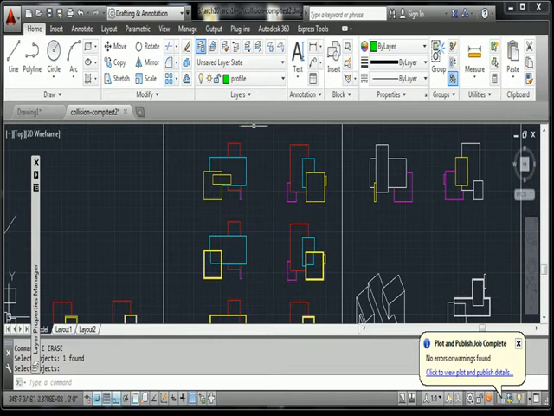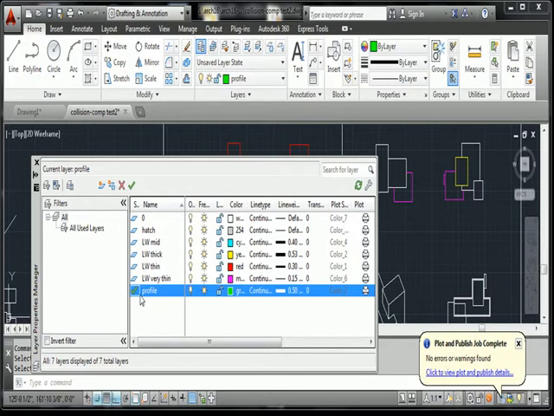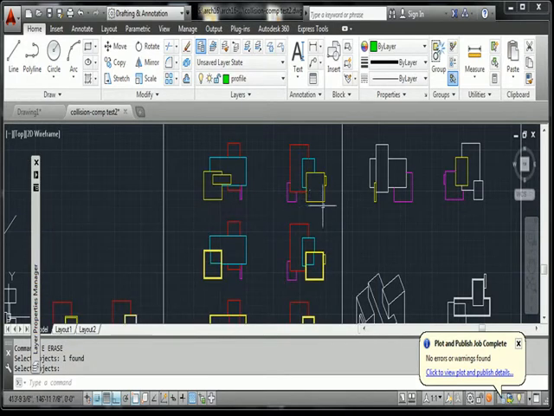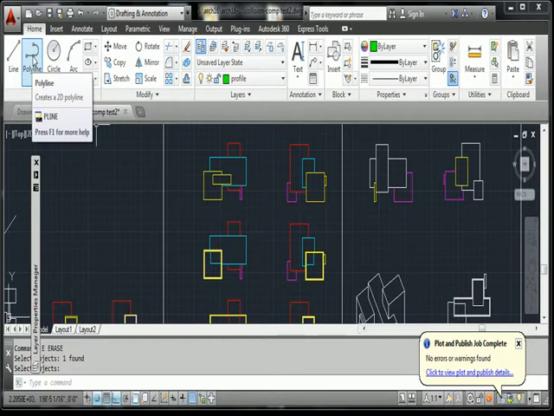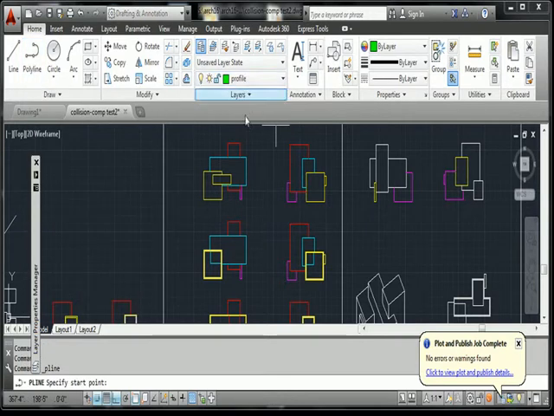On top of that, what we're going to do is add this layer called profile line. And the profile line we're going to make into a line weight that is very close to, or even sometimes thicker than, the thickest line weight. Okay? If we set that up, all we have to do is draw a line around the perimeter of this drawing. So we use the polyline command in our profile layer,